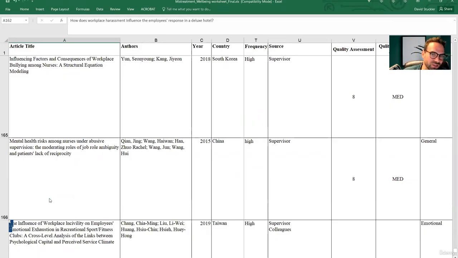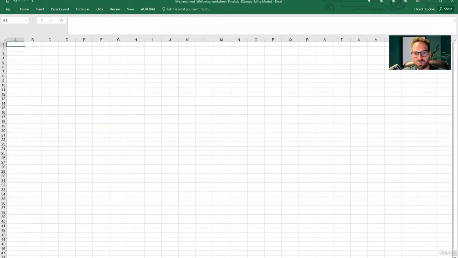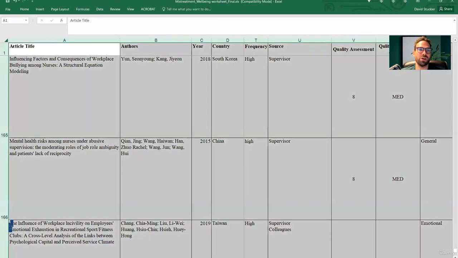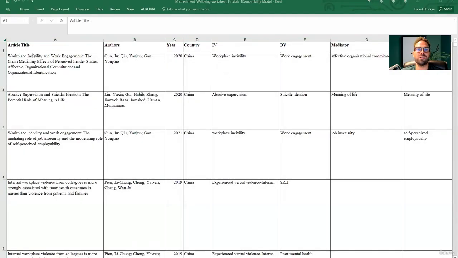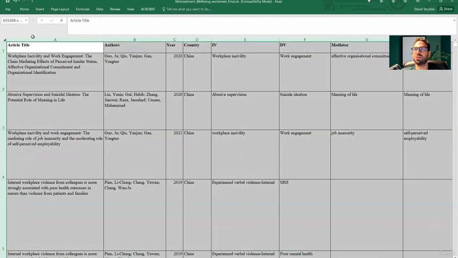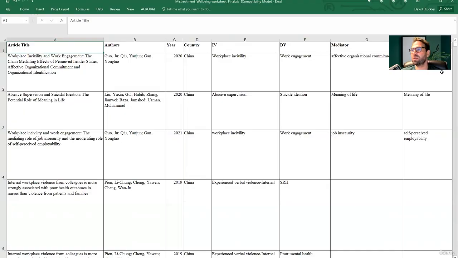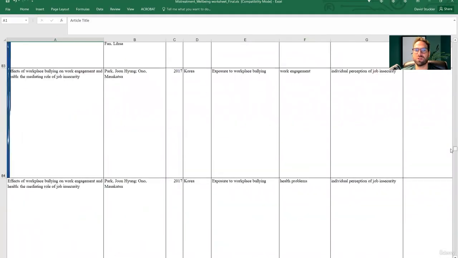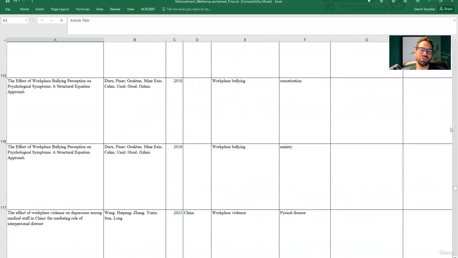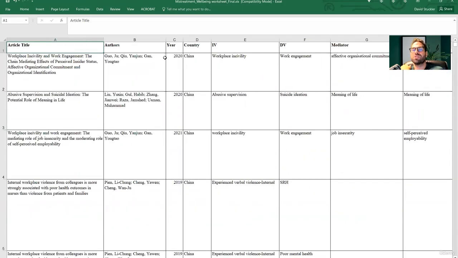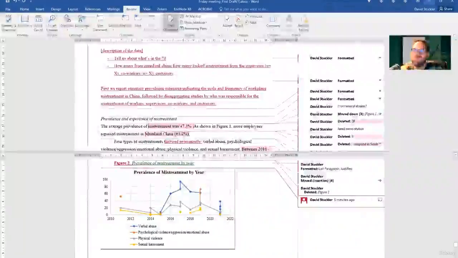Let me insert a sheet. I'm having to dodge my camera here. Insert worksheet, that's just the however many articles, the main extraction, and you'll use that for your summary statistics. So I'm going to copy all this over, put this here, and I might be able to get these duplicates quite quickly. Let's see if I can do it quickly. Get rid of those duplicates for you. It's going to take me too much time to do, and nobody wants to watch that. So let me get rid of that. So don't worry about that.